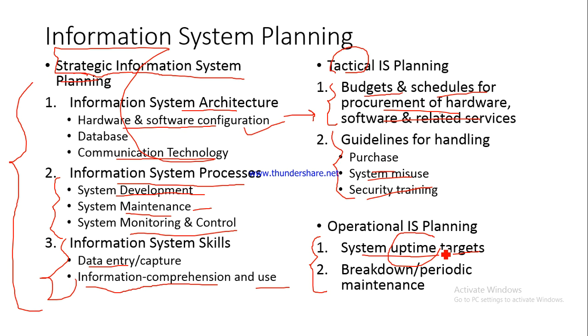So this is something that has to be planned, and then breakdown or periodic maintenance also has to be planned. Whether you are going to go for breakdown maintenance, where only when the system has crashed are you going to go and do the rectification, or whether on a regular basis you are going to go for periodic maintenance even before the system has crashed down. So you have to decide between the two, and depending on what kind of resources you have and how critical the system is for the business functions, for the organization, you decide